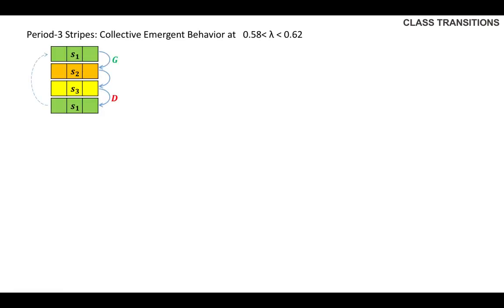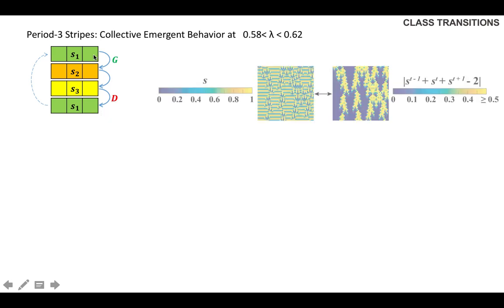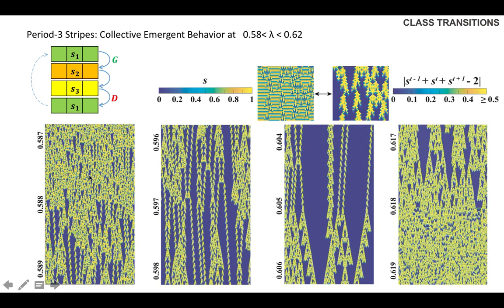So here they are: growth, decay, coming back to itself, and we are making a sort of transformation here where the stripes are set to zeros so that you can see the behavior on top of the stripes even more easily. Here the crucial thing is that we believe that as the lambda parameter is changing, we are smoothly moving from class 3 behavior, chaotic behavior, into class 4 behavior.